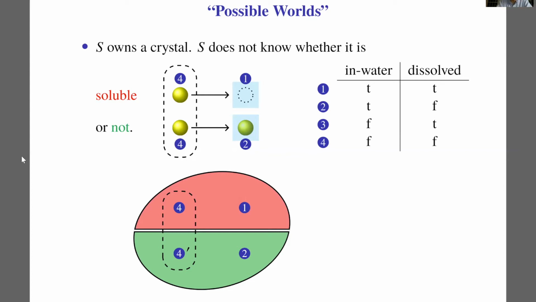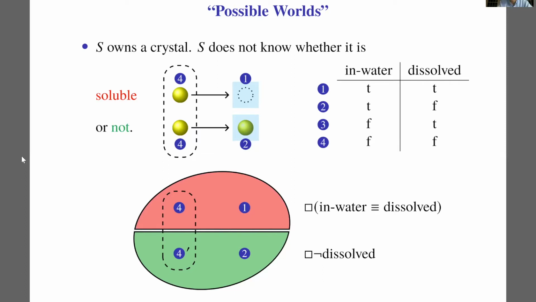which we have 4 possible worlds. In the worlds within the red partition, we have this sentence true, saying that the crystal is dissolved if and only if it is in water. So using the possible world semantics for the box operator, using the accessibility of this partition, you get that this box version of the sentence is true; in other words, it is necessary that the crystal is dissolved if and only if in water. On the other hand, in the green partition,